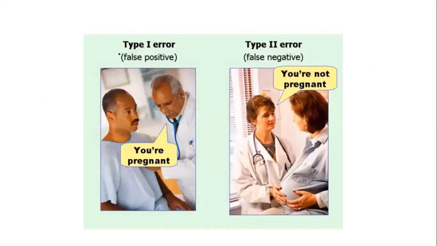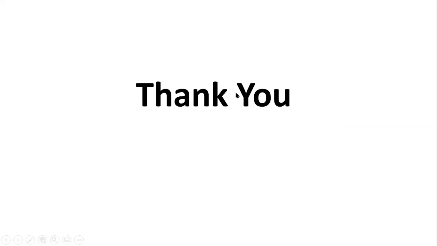So type 1 error is called false positive. False positive means falsely predicting positive when in actual it is negative, right? That means a doctor saying to a male that you are pregnant, but in actual he cannot be pregnant. And type 2 error is false negative, like a doctor saying to a pregnant woman that she is not pregnant, but in actual she is pregnant, right? This is false negative. Now next,